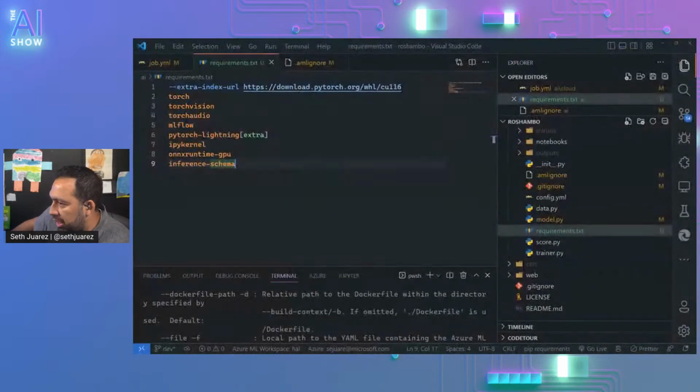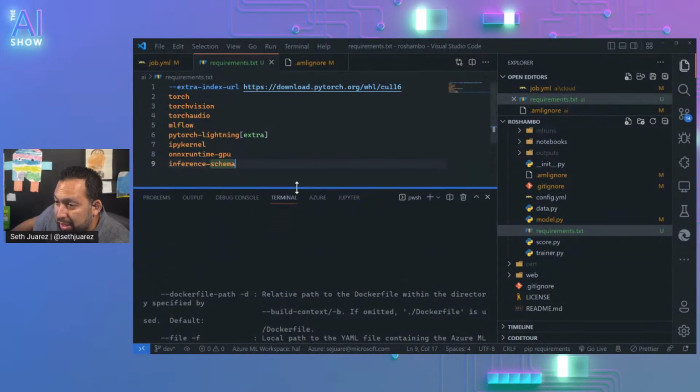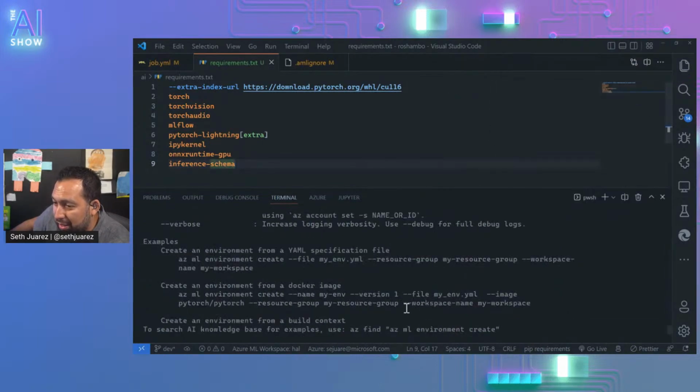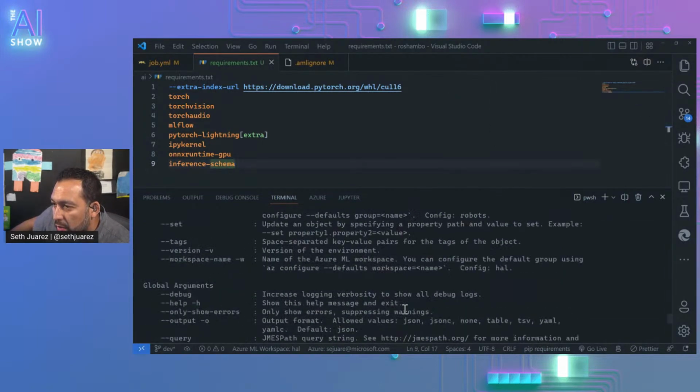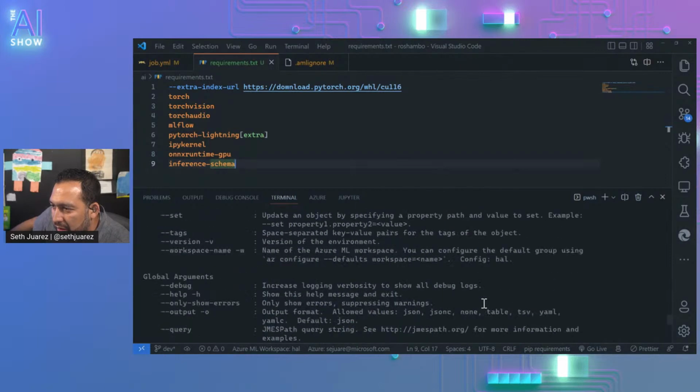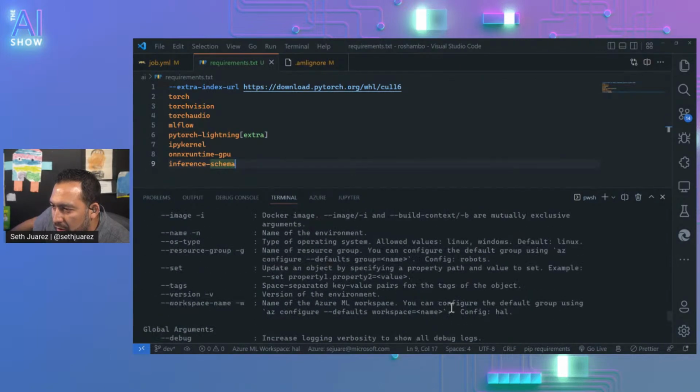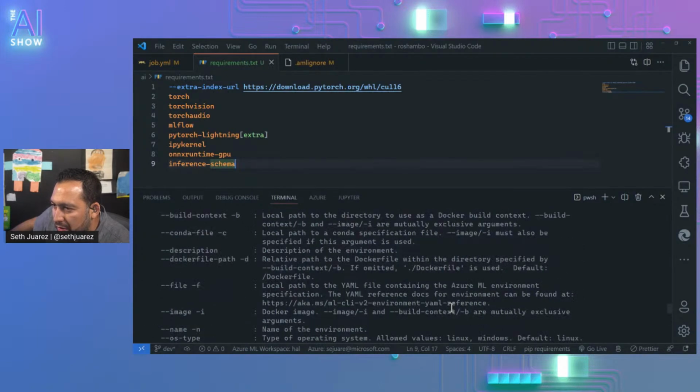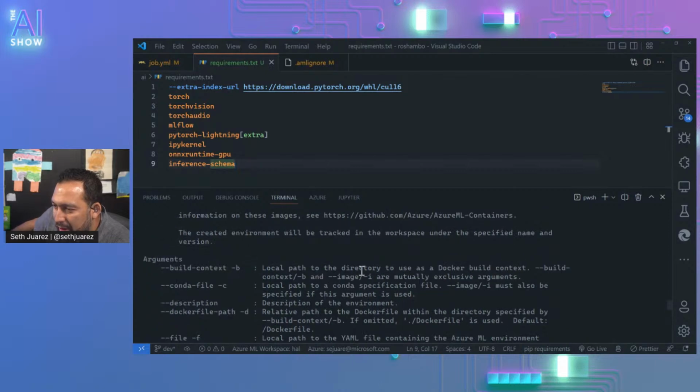Okay, let's go back, and we were looking at environments. Where's the, don't they usually give us a website to figure out where we can go to learn about the YAML file? Is there no pip file or nothing?